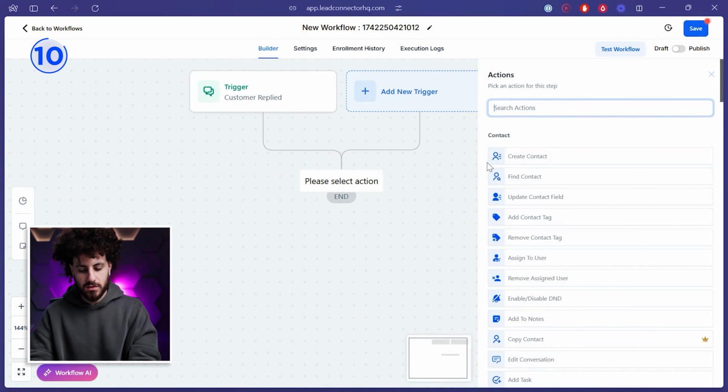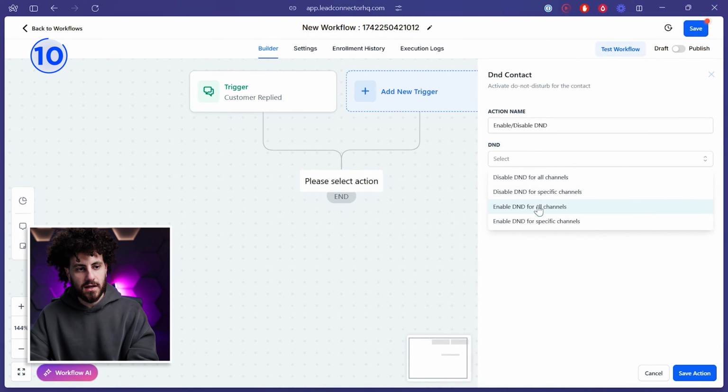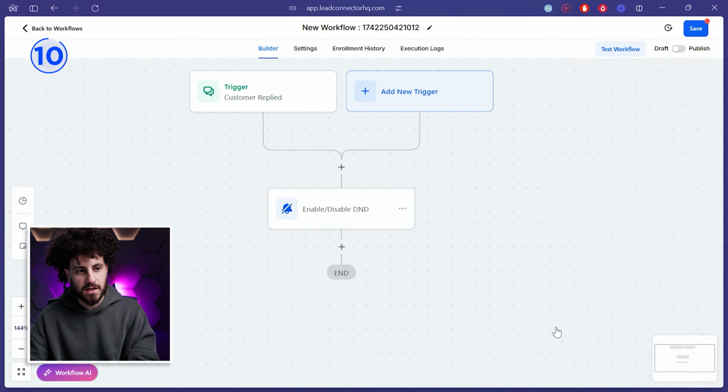Then you want to go to DND. So type in DND enable, and then enable DND for... so enable DND, make sure you don't press disable. For specific channels, that's going to be SMS, save action. So now whenever someone texts you "bye," it will immediately turn on DND, and they will no longer get any